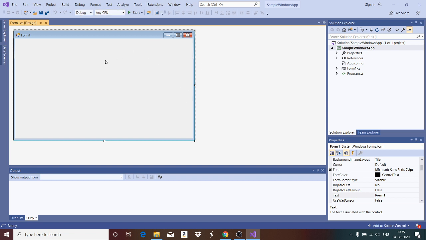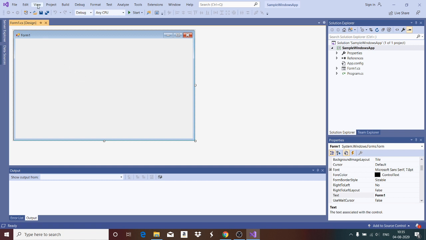Now I am going to show you how to develop a simple application that has a button which will respond to the user's click. So if I want a button here, I need the user control to be added. So let me get the user control. To get the user control, I need the toolbox.